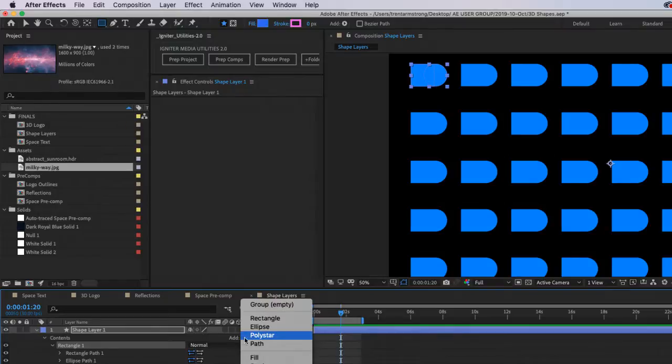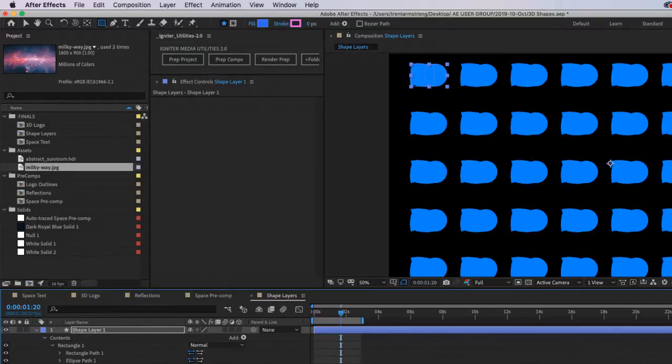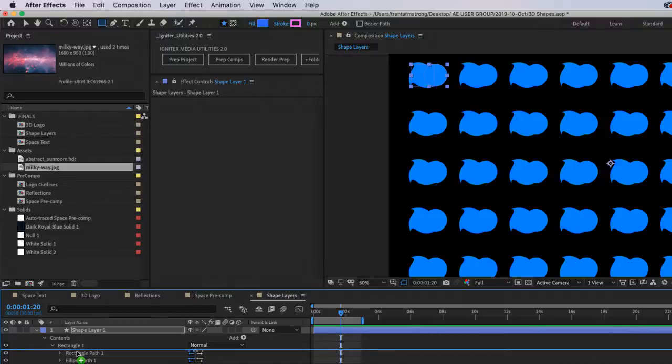I can, in this rectangle, add a twist. And the same twist happens on all of the copies the same, okay?